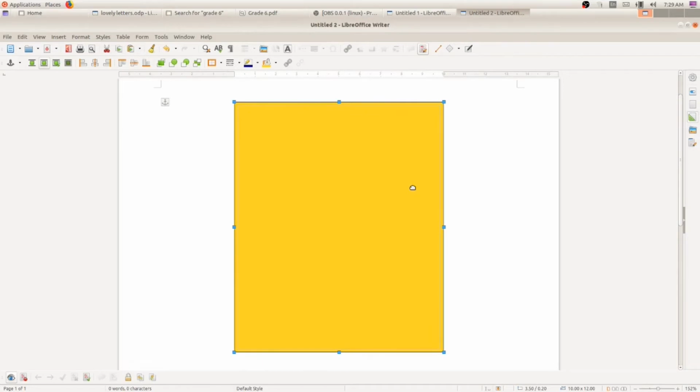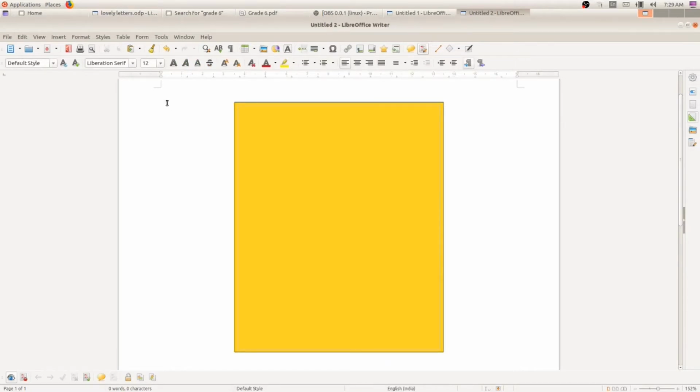Now the second step, we are going to type text inside this frame. So before typing, please listen my dear students, just make a click outside the frame. Okay, now you can see the cursor here, and again after that you can click inside the frame. Okay, now you can see the cursor inside the frame here. Can you see here? Yes.